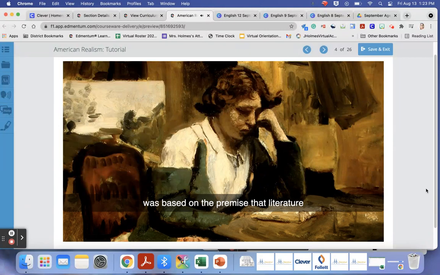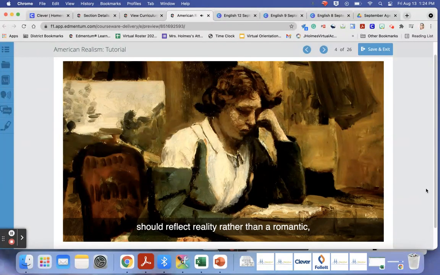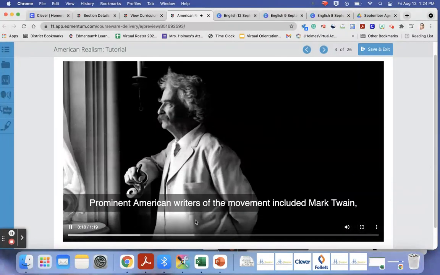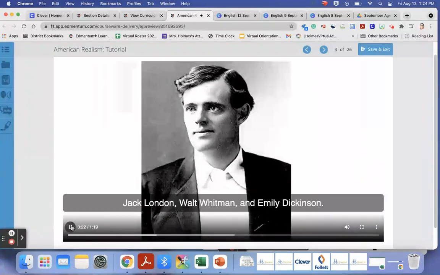Reaction to Romanticism was based on the premise that literature should reflect reality rather than a romantic, idealized version of the world. The American realism movement began at the end of the Civil War and continued until 1910. Prominent American writers of the movement included Mark Twain, Jack London,